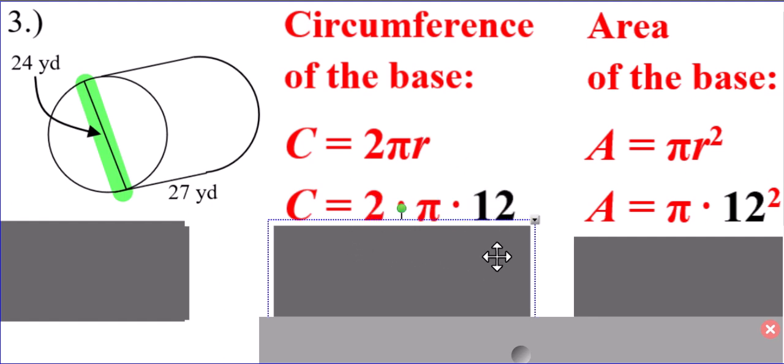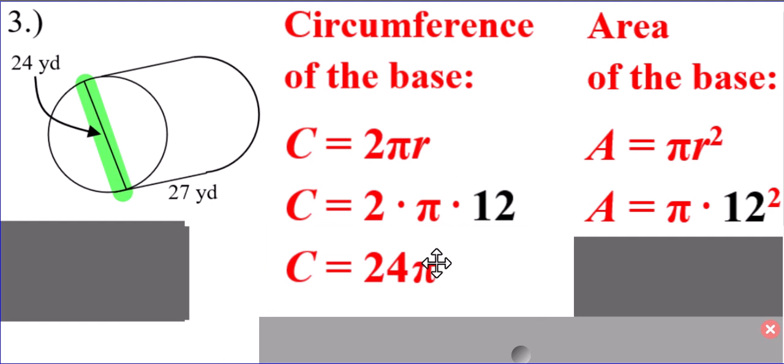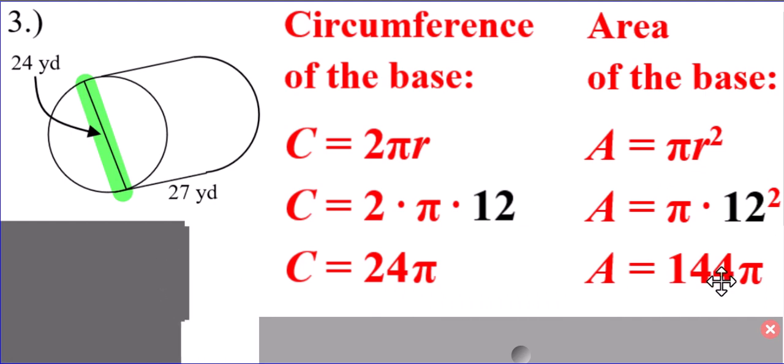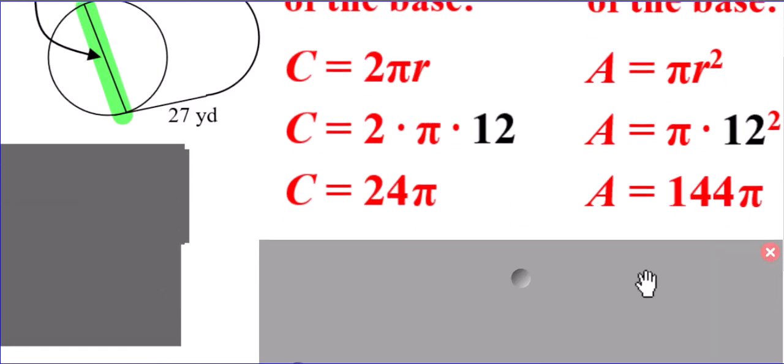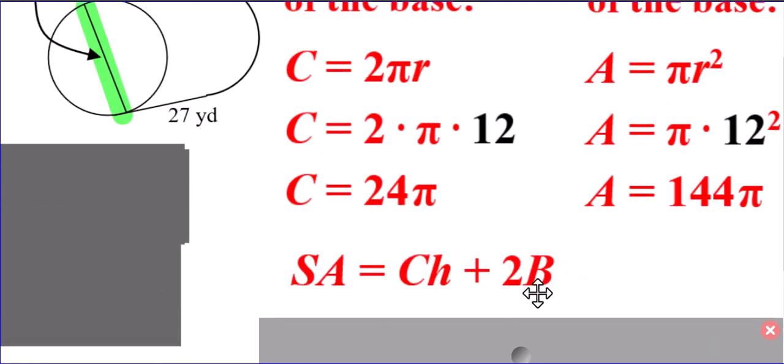2 times pi times 12 is 24 pi. Notice I didn't even multiply it times pi in my calculator and get the ugly decimal. 2 times 12 is 24, so 24 pi. Keep it in terms of pi. Over here, 12 to the second, 144. Again, keep the pi. Now you can substitute it into, almost like the polygonal prism surface area formula, but